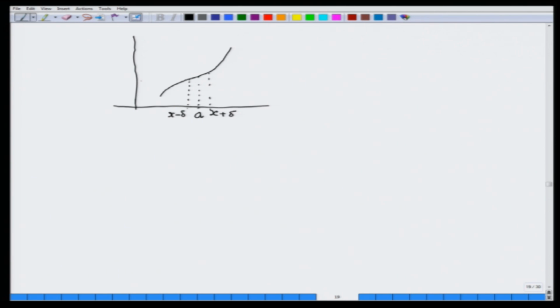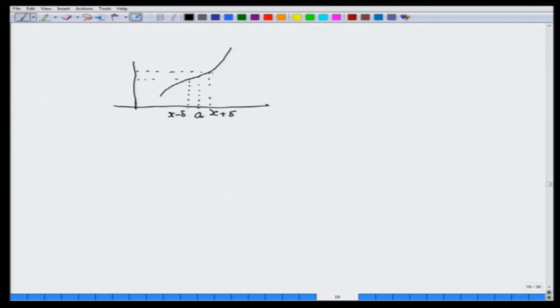Then we want to see, in this particular case, if I take any x here or here, f(x) is in this band. So, f(x) is whatever be the value of,